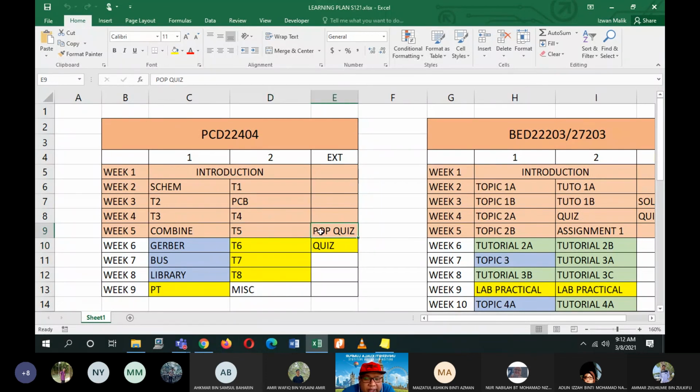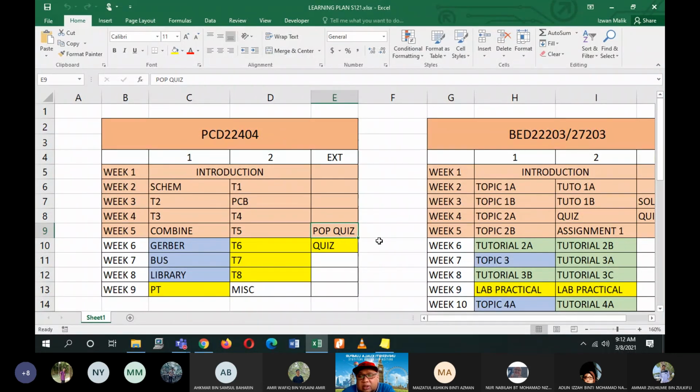The pop quiz is just a testing of your knowledge on PCB. The marks will not be taken for your quiz, because the real quiz will be held somewhere around next week. So this week I will focus on the pop quiz.